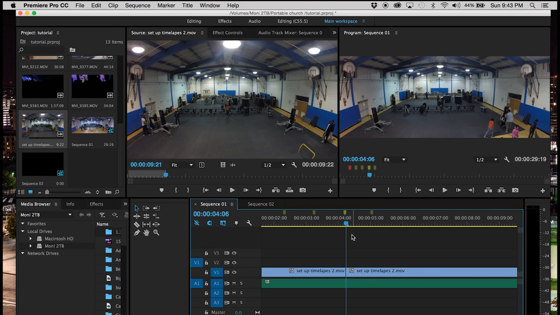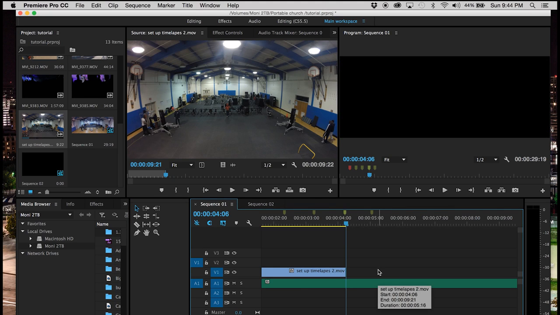Okay. So I hit B to get the blade tool up, and in order to get back to your regular cursor, the shortcut for that is A. Or you could go here and select it. But it's all about being as efficient as you can when you're editing, because editing takes a while. So A is the shortcut to get back to the cursor, or you could always come back here if all else fails. So I made my cut,